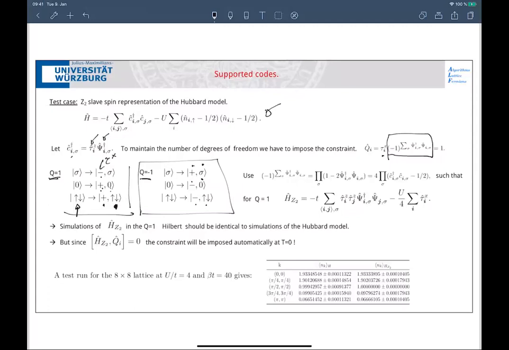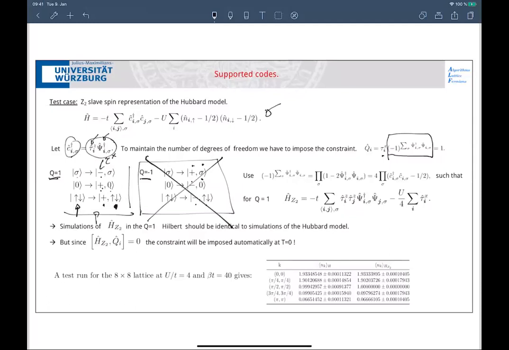So of course, if I look at this, I have these 4 states. If I look at this, I have these 8 states. So I have to get rid of something, and what I have to do is put in a constraint. So I'll say I would like to work in a Hilbert space where Q equals 1. So Q equals 1 will be enforced all the time. And so I have a dictionary between this state, and that's a 1-to-1 mapping. If I can formulate everything in this notation, then I would be able to simulate the Hubbard model.